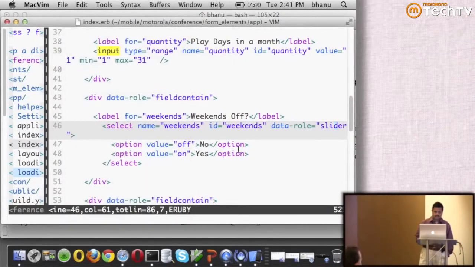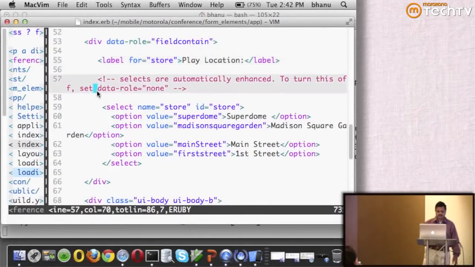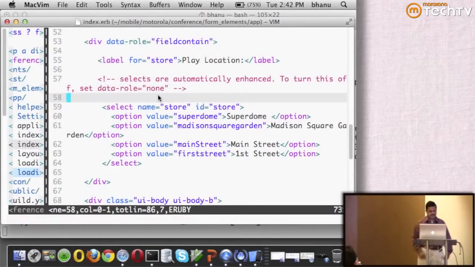And so as I said earlier, just to reiterate, for a drop down you do not have to do anything different. Just code it like you are coding any regular drop down in HTML, and jQuery mobile will enhance it for you automatically. If you do not want these enhancements, set data role equal to none.